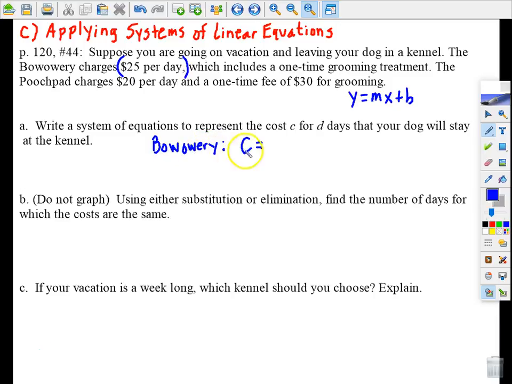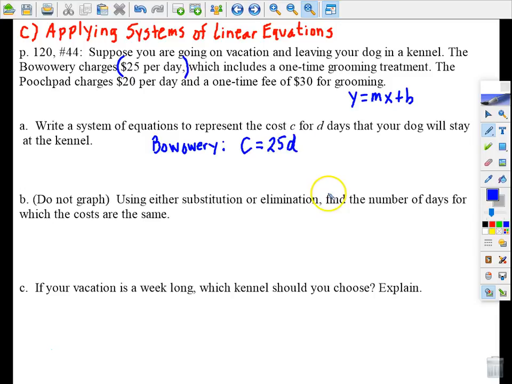This particular kennel, the cost will change depending on how many days the dog stays, and that constant is 25. So this is just another way of telling you what the slope of the line is. 25, that constant rate of change, is the slope, and we've already discussed the fact that the input, the number that will determine ultimately what the charge is,